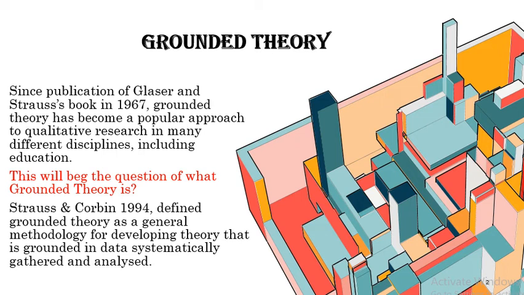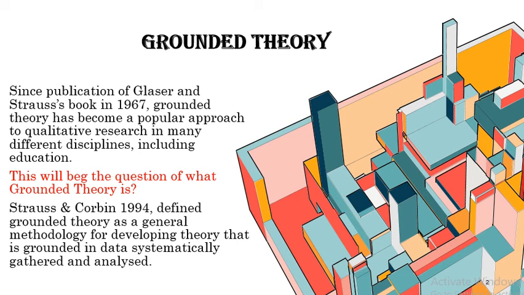Strauss and Corbin define grounded theory as a general methodology for developing theory that is grounded in data, systematically gathered and analyzed. In other words, grounded theory is based on concepts that are generated directly from the data collected in one or more research studies. Equally, a grounded theory is inductively derived. If I am to speak in figurative terms here, one can think of inductive analysis as getting into your data. During data collection and analysis, you live in the data for a while and develop an understanding of the phenomenon based on the data.